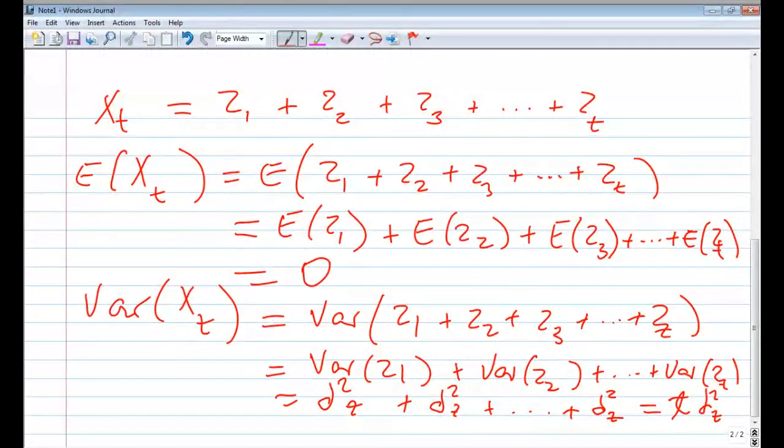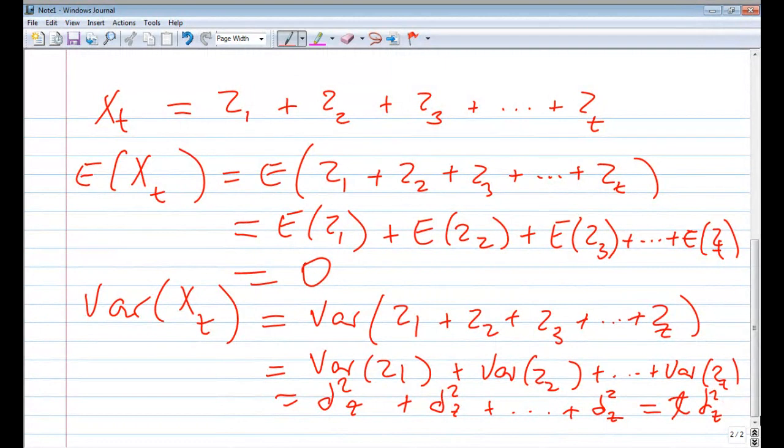So because the variance of xt is dependent on T, the process xt is not stationary. Hence, the random walk is not stationary. Therefore, you have proved that indeed a random walk is not stationary. You don't have to continue with the covariances, because we have already proved that the variance is not free of T. So the process xt is not stationary. I think it's clear, isn't it?